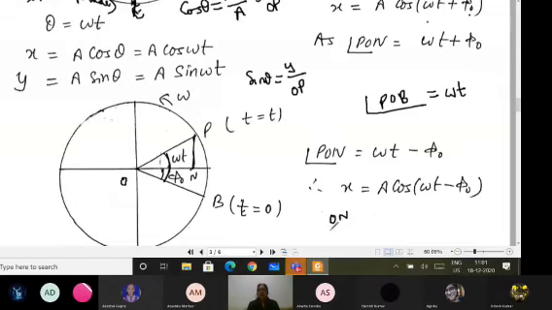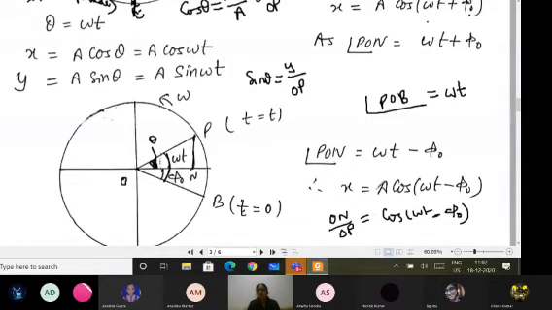That is divided by OP, which is equal to this value, cos(omega t minus phi naught). Because when you have to look for the angle here, you have to take the angle above the reference line. So this angle will be given by the angle theta, and theta is equal to omega t minus phi naught. From here you can write the equation for the x-axis.